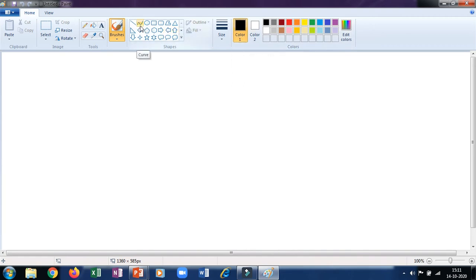Now let us draw curves with the help of the curve tool. The curve tool works in 3 steps. So if you want to draw any curve, first you have to draw a line. Let us draw a straight line with the curve tool.